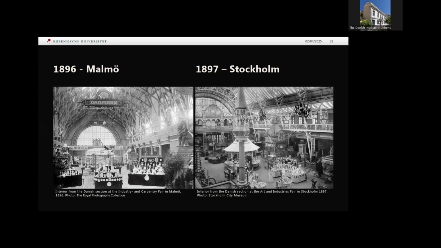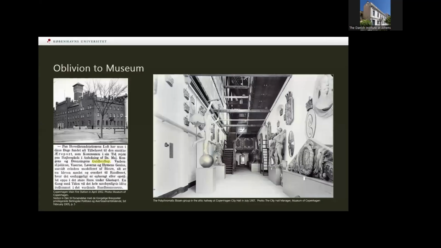And I can't really find anything that describes them either, so they were definitely not noted in the exhibitions. And you can see in Stockholm it's only the Danish coat of arms that are transported there. So, after they returned to Denmark once more, it appears that they slid into oblivion one of the first times, as they were put into storage, seemingly on the attic of the main fire station in Copenhagen, which is across from the City Hall, and seemingly forgotten there until the beginning of 1905,